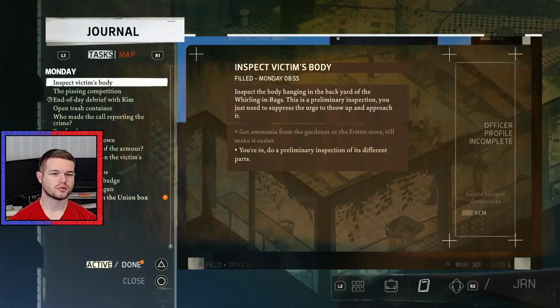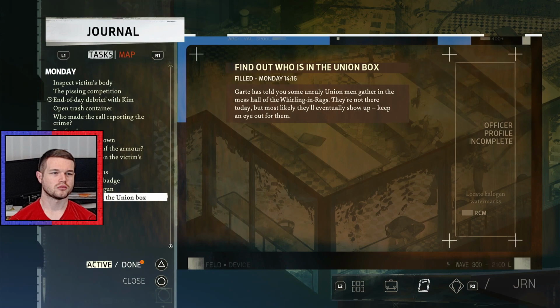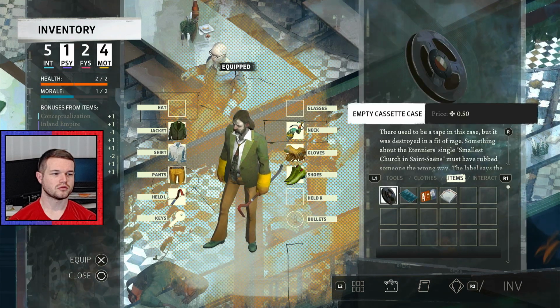We picked up. Find out who's in the Union box. So they're not here today, but they'll eventually show up. Keep an eye out for them. Right, let's see. There was also...